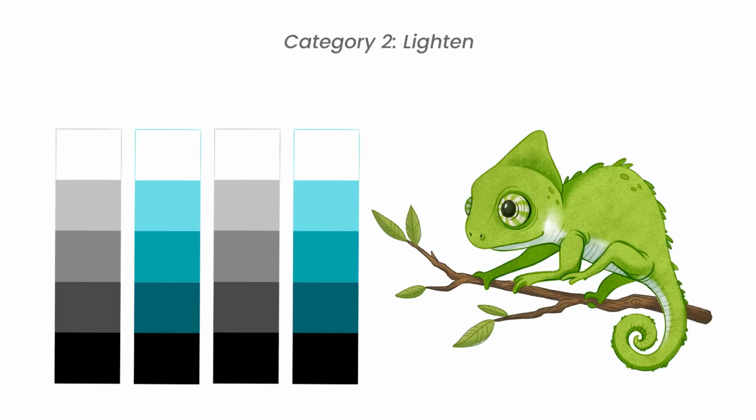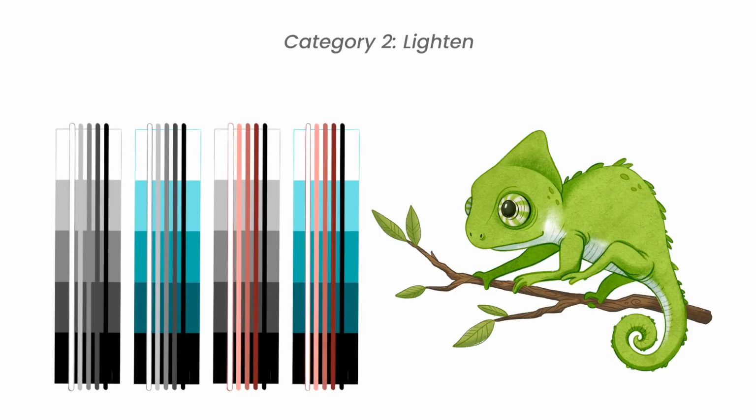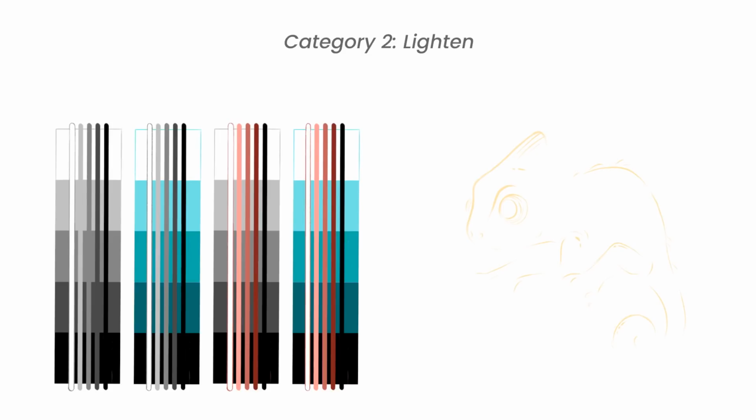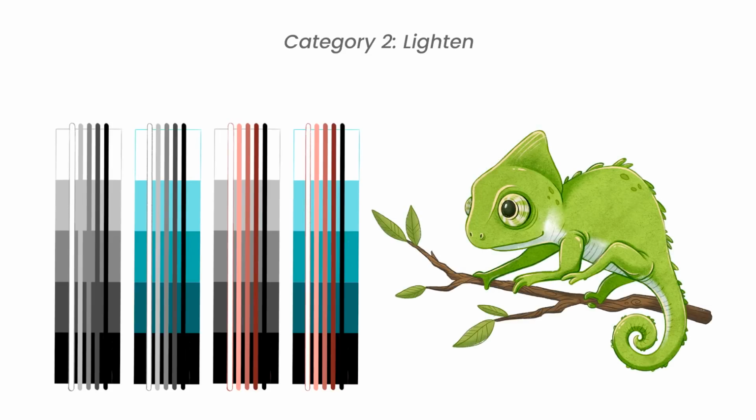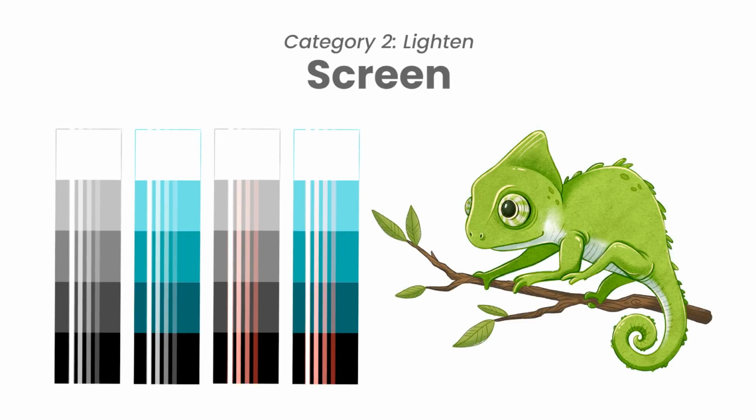The lighten category is almost the exact opposite of the darken one, so it should be pretty simple. And we're going to switch up our blend layer for the chameleon here, so instead of shadows, we're going to add some highlights. So if we look at screen, essentially it's the opposite of multiply, so instead of making your colors darker, it's making them lighter depending on what is on the blend. Nothing complicated here. And just like blending modes from the darken categories were helpful to create shadows, blending modes from the lighten categories are helpful to create lights.